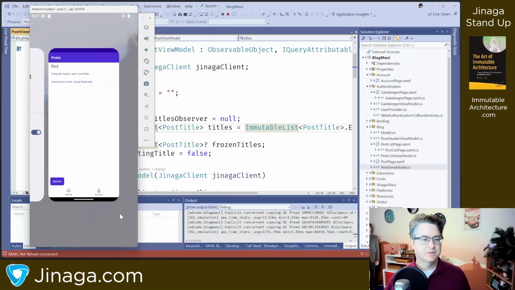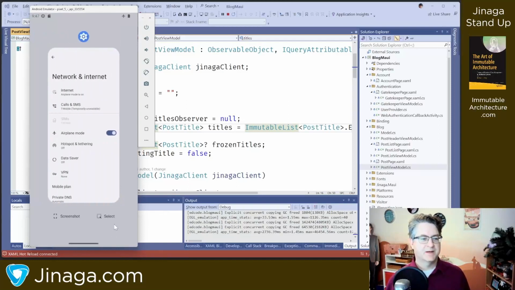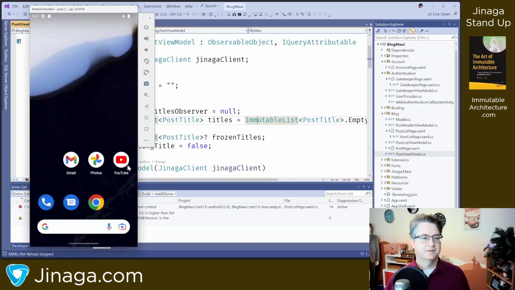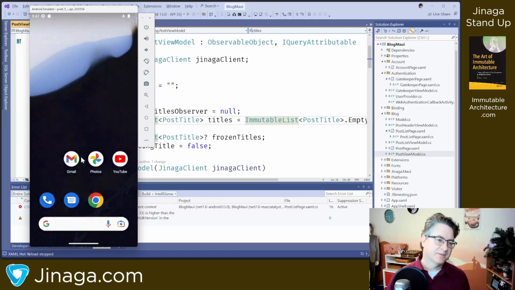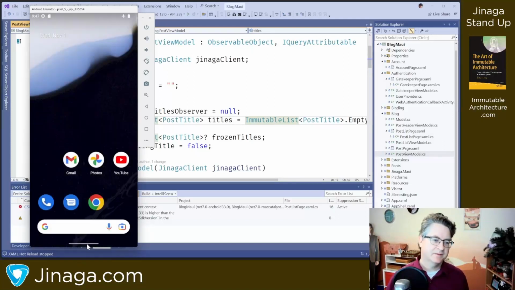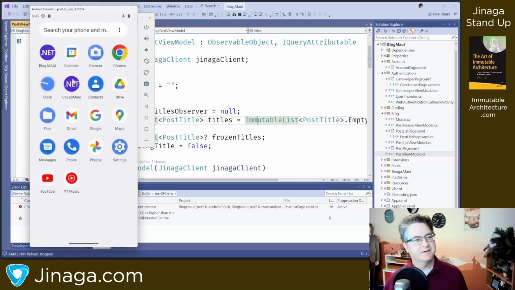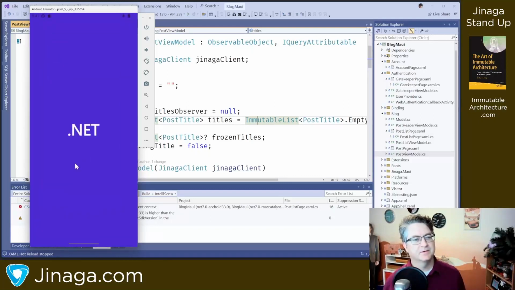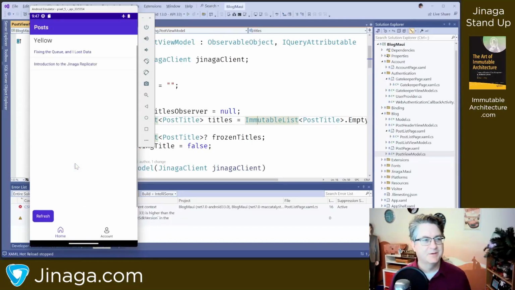Let's suppose I were to kill my application, which, interesting, the debugger was still connected. And then, let's go, wait a minute, where is it? There it is. Right here, and let's start Blog Maui again. We can't start it from the debugger because we're in airplane mode. So you can see that it has launched. I can see it still says Fixing the Queue and I lost data,